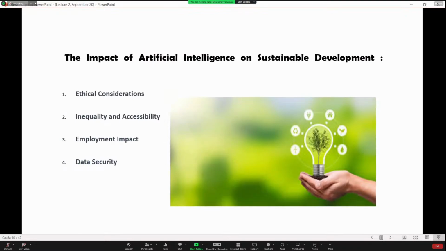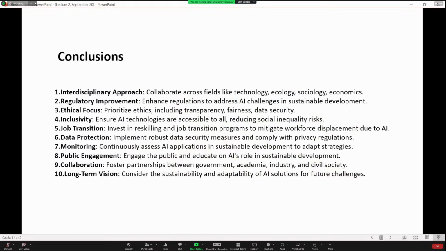So, a little bit about the impact of artificial intelligence on sustainable development as a whole. We have some problems, ethical considerations about inequality and employment impact. It's very topical, and we should find a way to save our data about the ways we solve these problems. This is a complex problem, and we should use an interdisciplinary approach, as was mentioned before. So right now, I'm going to finish my presentation, and I have a few ideas which, to my mind, are also very topical. In conclusion, I'd like to add that the study